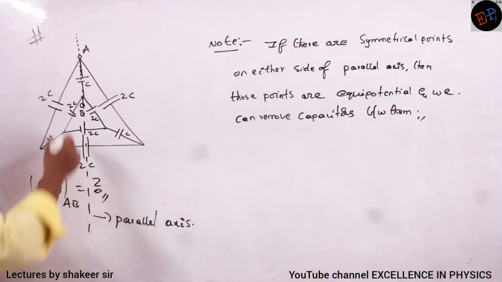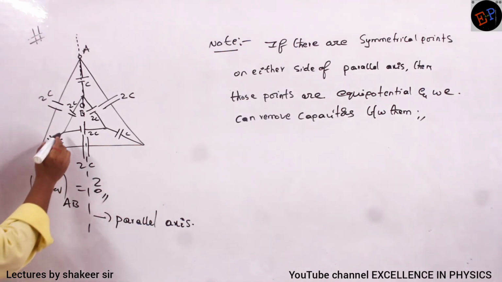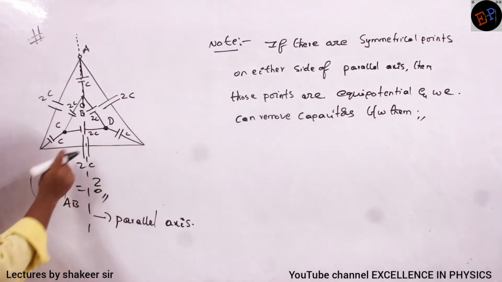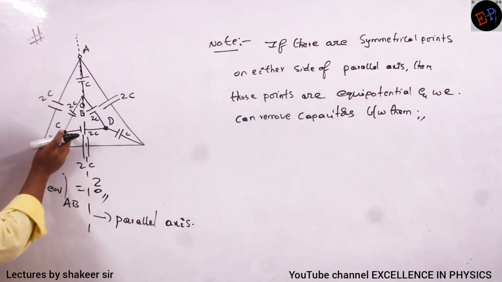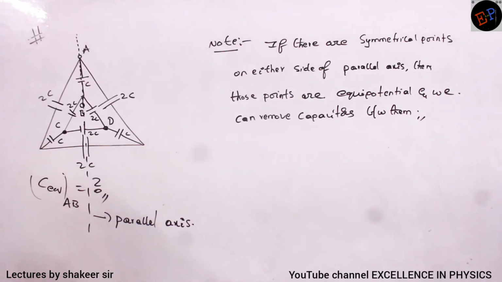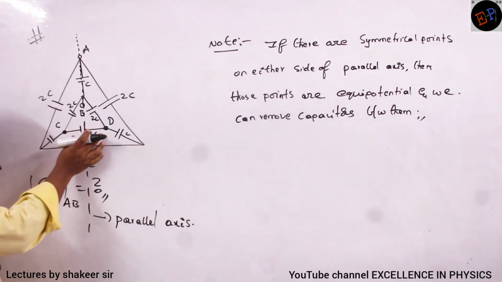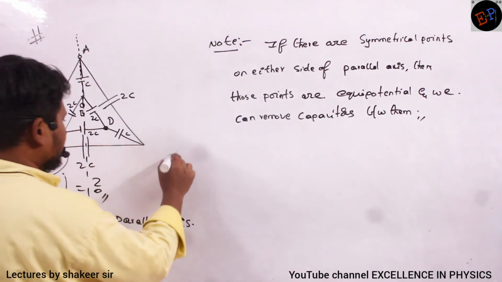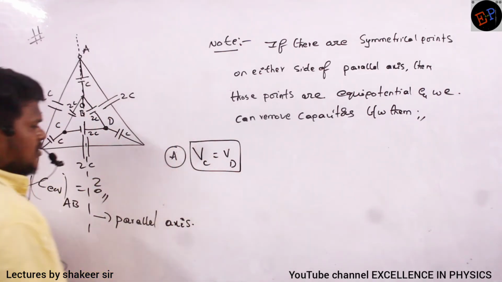Now see, ma. So across this line, are there any 2 points, ma? Okay, now see here, if I call this point as point C, and if I call this point as point D, C and D, they are exactly symmetrical, no, along this line. What is the positioning of C? Same is the positioning of D also. Both of them, they are symmetrically arranged, no, ma? So therefore what I can do, I can remove the capacitor between them. It means the capacitor which is present between C and D, that can be removed. Okay. So therefore what I can say here, I can say that potential at C is equal to potential at D. These 2 points are equipotential points.